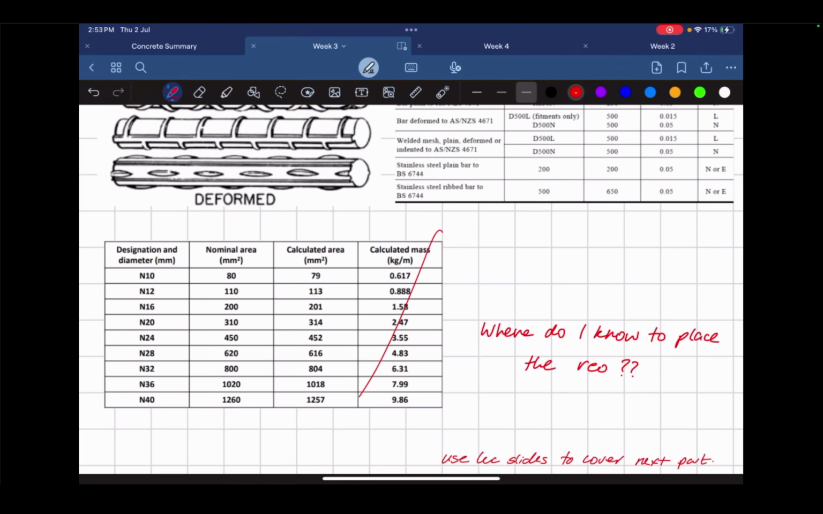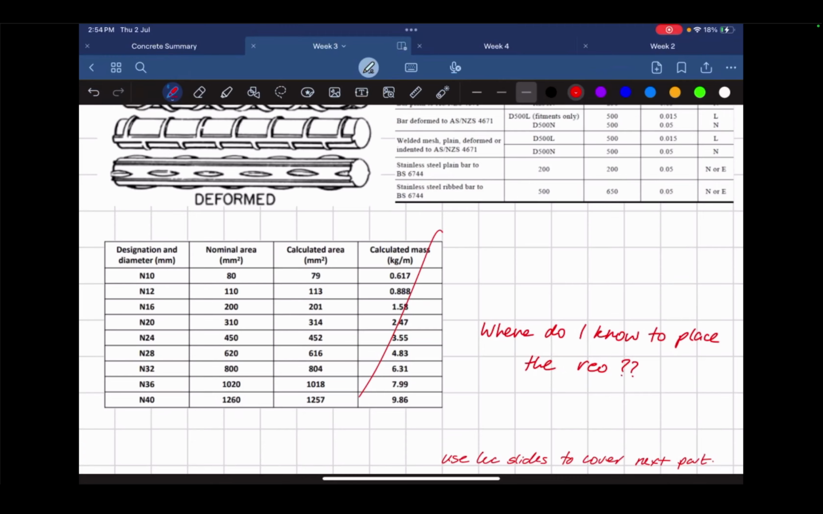Imagine these are my fibers. What happens is that these fibers are going to pull apart, which causes cracking. Like I said earlier, tensile stresses cause cracking. And then